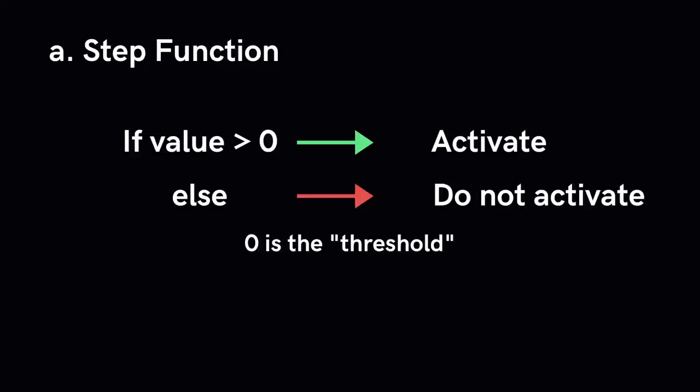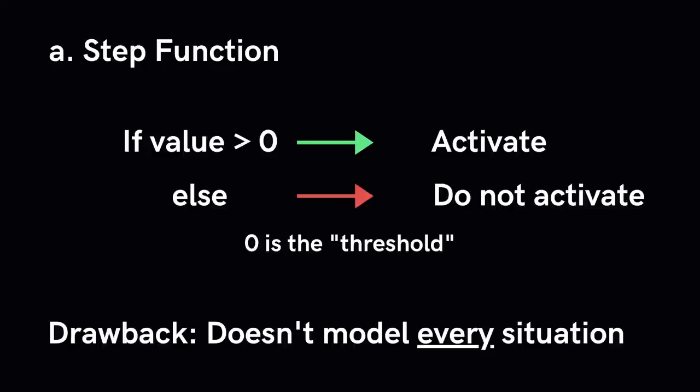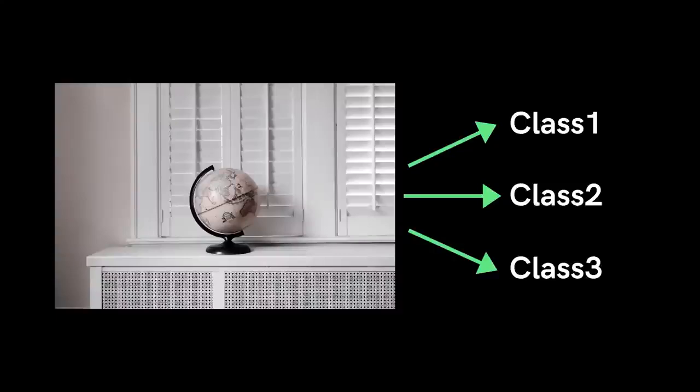No confusions, life is perfect, except there are some drawbacks with this. To understand it better, think about a case where you want to classify multiple such neurons into classes, say class 1, class 2, class 3, etc. What will happen if more than one neuron is activated? All these neurons will output a 1. Well, how do you decide which class it belongs to? It's complicated, right? You would want the network to activate only one neuron and the others should be 0. Only then you would be able to say it was classified properly.